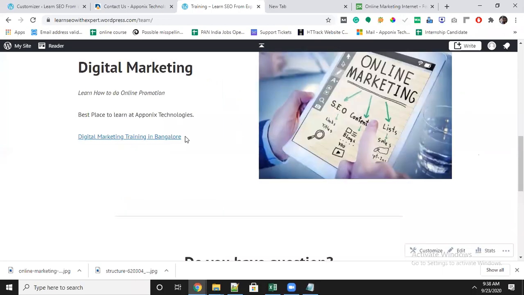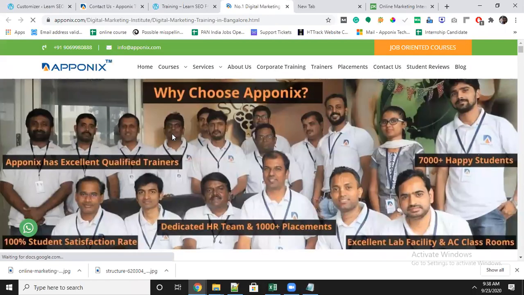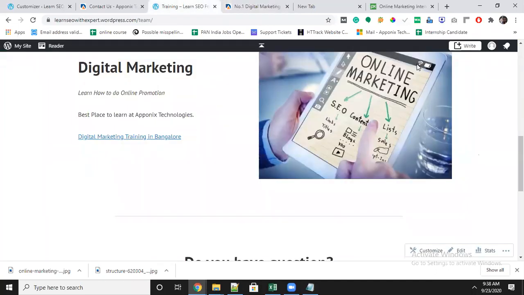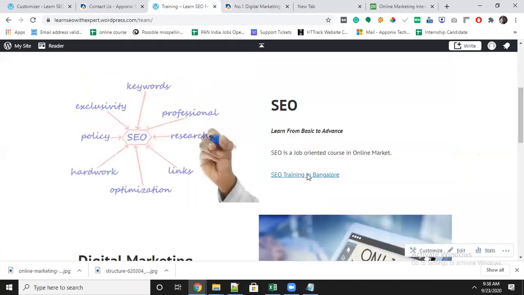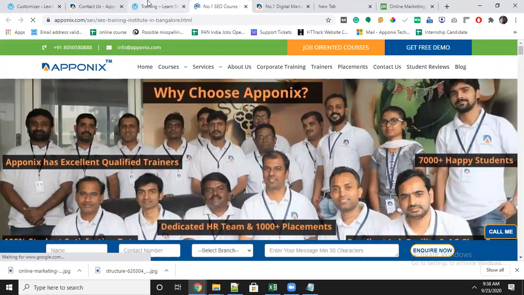If I click on digital marketing, it will take the user to the digital marketing page. If I click on SEO, it will take the users to the SEO page. This is the purpose.